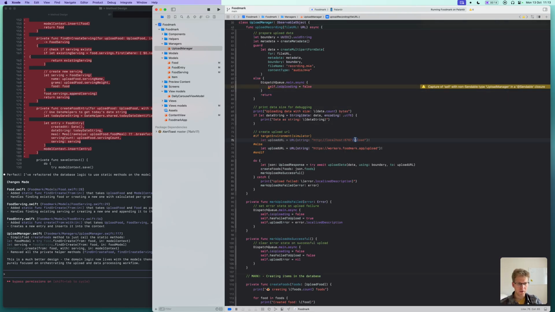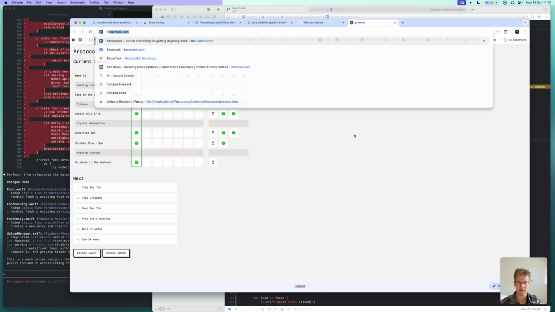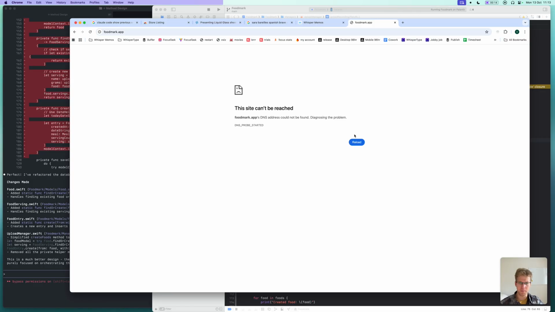Oh, I have a domain for this app. I completely forgot about that. I completely forgot that I have foodmark.app. It's a nice domain name. Anyway,